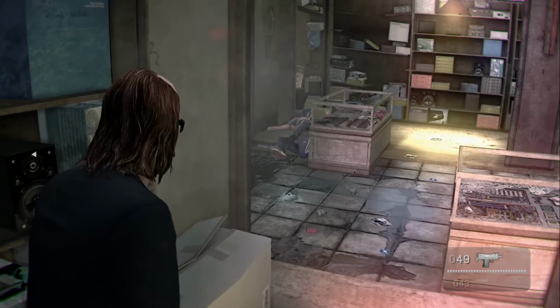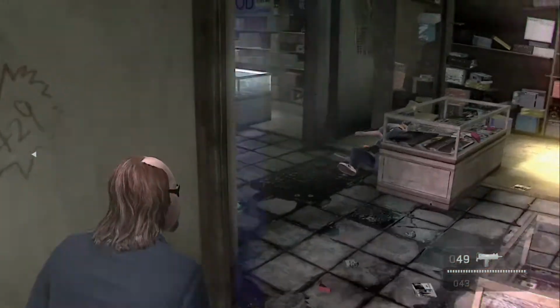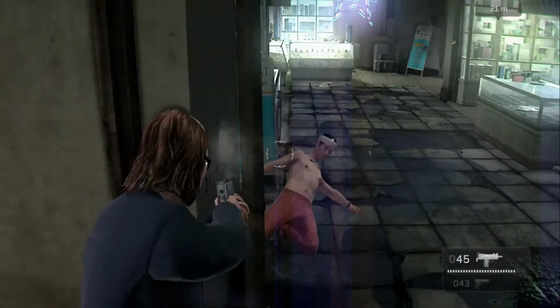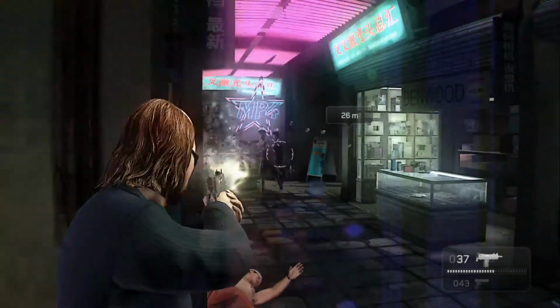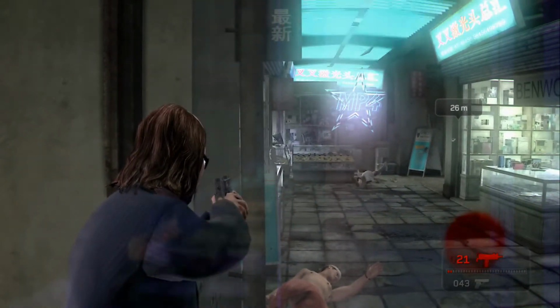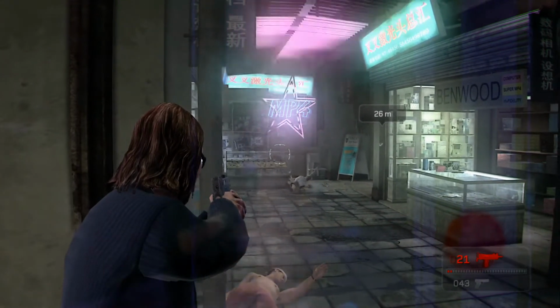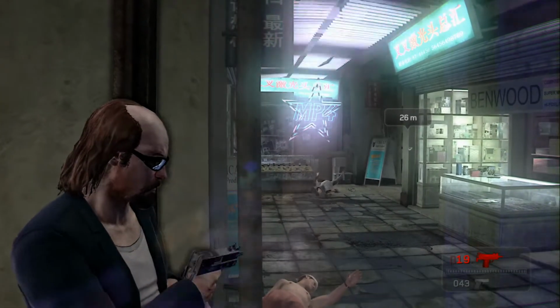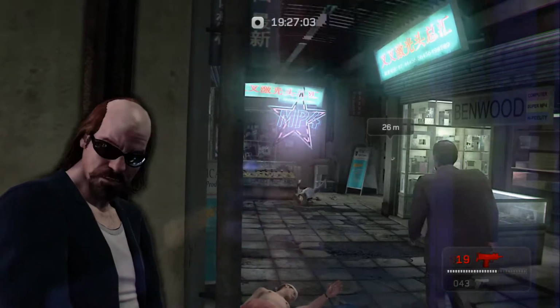So I'm just kind of trying not to die behind this wall here. And you notice there's a lot of ambience created with these levels. There's actually a number, it looks like a phone number on the wall there that I didn't really notice during gameplay, but in watching it,